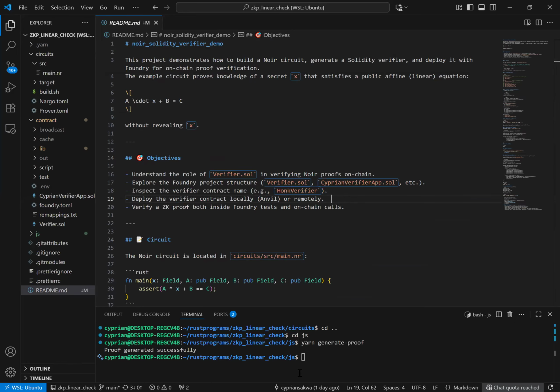Okay, so once we've generated the verification key, the proof, and so on,